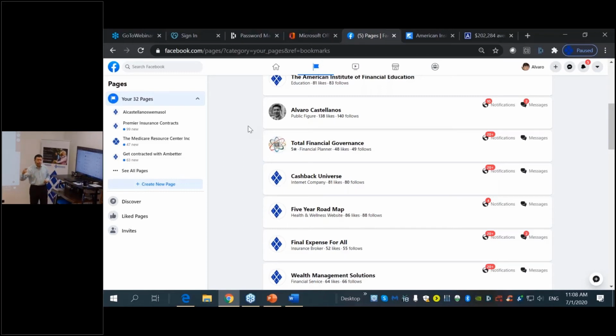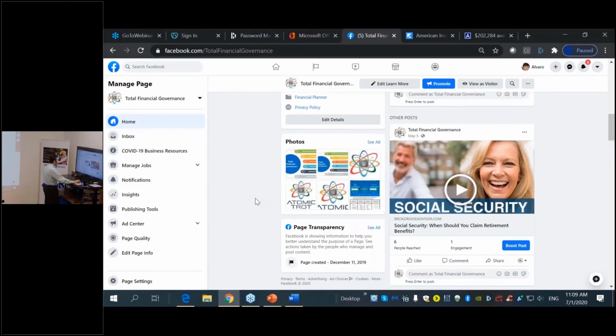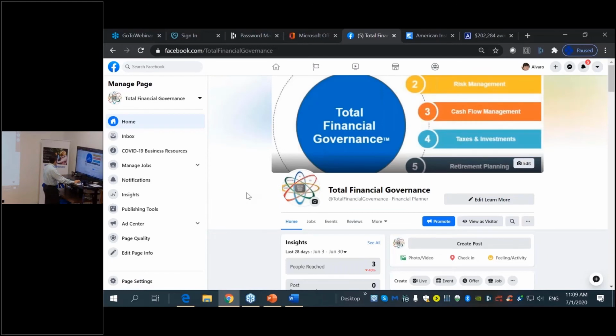Again, one of the things that I'm going to show you in the lecture component today, when we are setting up campaigns, is the criteria that you use to develop all these different landing pages. But in this case, let's say I'm going to use our total financial governance landing page. That's a book I'm writing about, and the concept of total financial governance is part of the model that we use there. So I'm going to post it in this page.